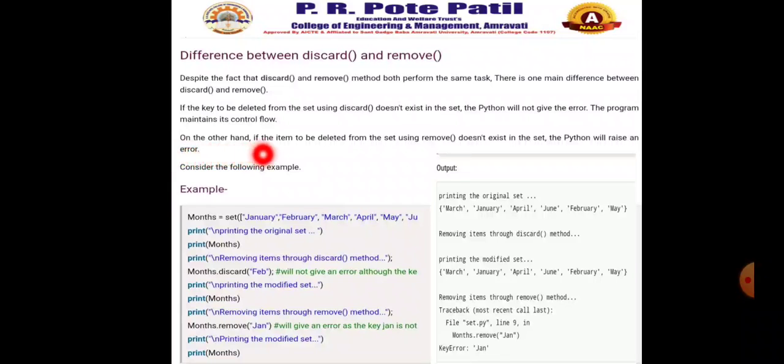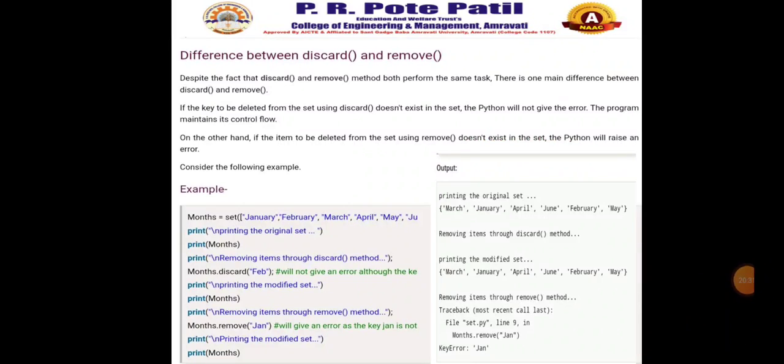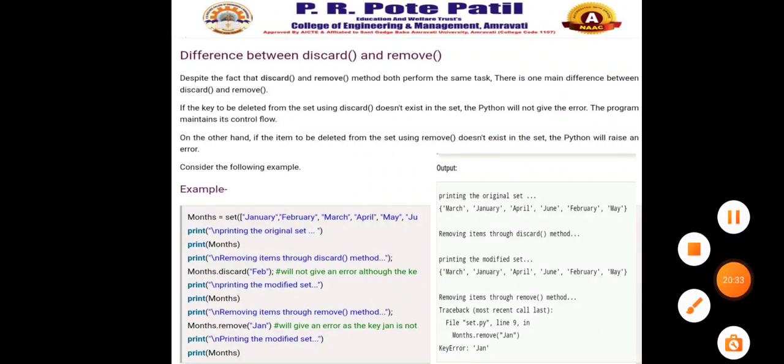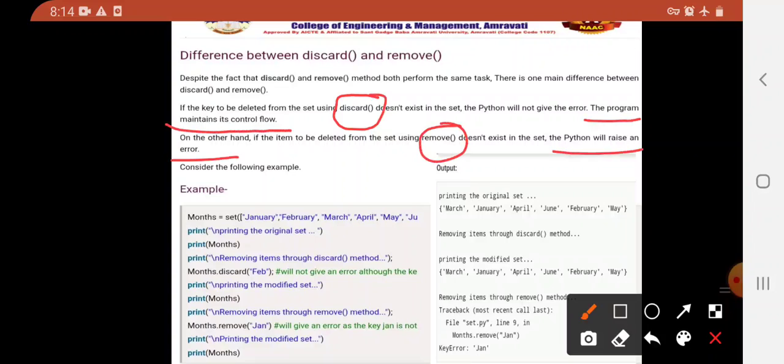But if the item to be deleted using remove doesn't exist in the set, Python will raise an error. So that is the one difference between the discard and remove functions. It will maintain the control flow, but this will raise an error.